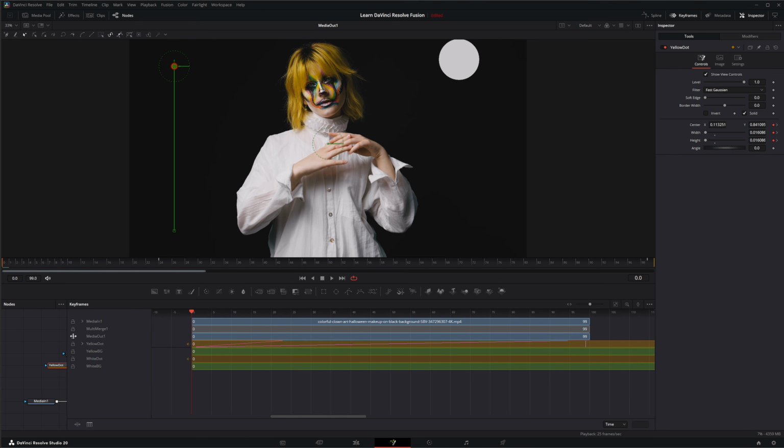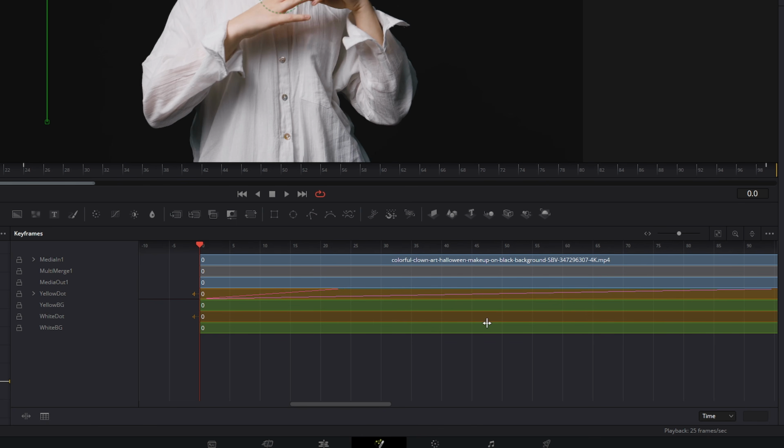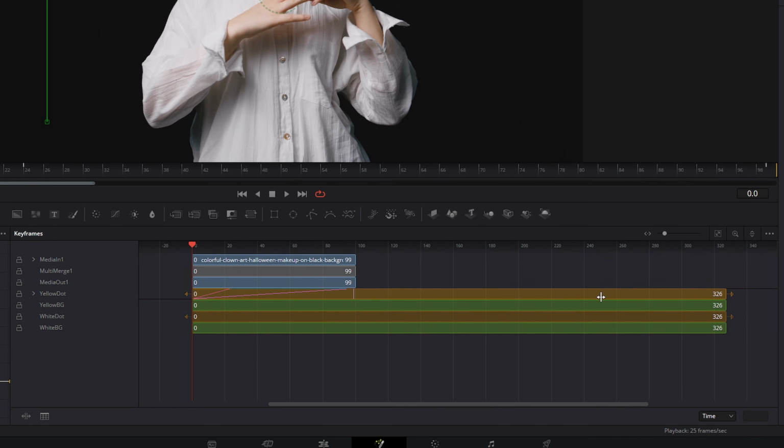And when I open up the Keyframe Editor, you can see all of our nodes with little keyframe areas right here. And if I hit this fit button, you can see we have one issue right here. Not all the time will Fusion pick up the fact that our Fusion set right here is only 99 frames, because this was the length of our original footage. So it's assuming that you're going to possibly use the entire length of your original footage, which is our media coming in. So we can go over here and grab these and shorten them up,